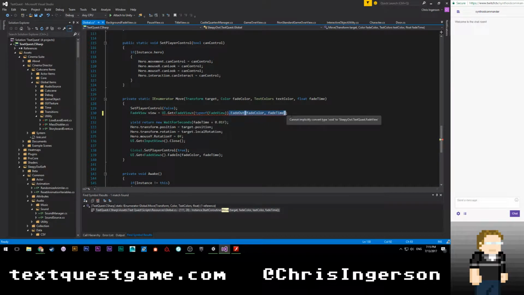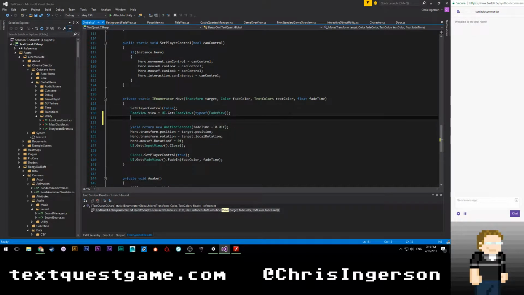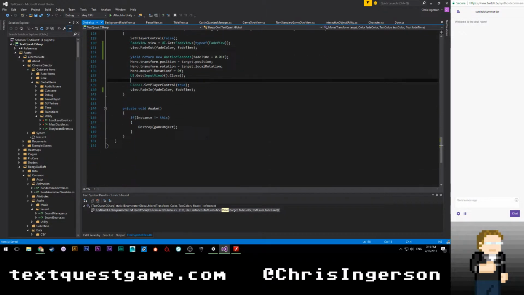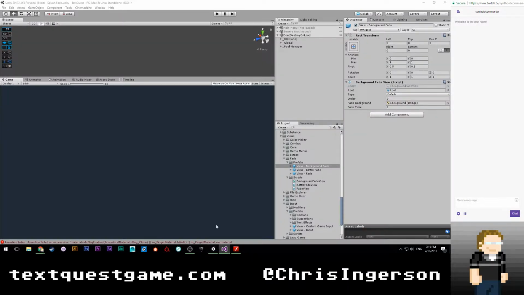I'm just going to have to do this. View dot that. All right, and then we just got to do view dot. So we're going to cache it and then just reuse it here. I'm guessing that this should work. Or rather, I'm hoping this should work. We will find out momentarily. Of course, it was something stupid that I did like that. God. And this is why quality assurance people exist, because people like me, who just barrel forward without retesting literally everything, won't notice that.